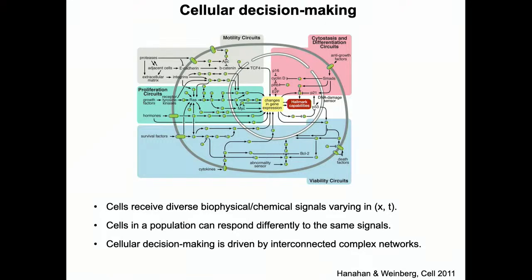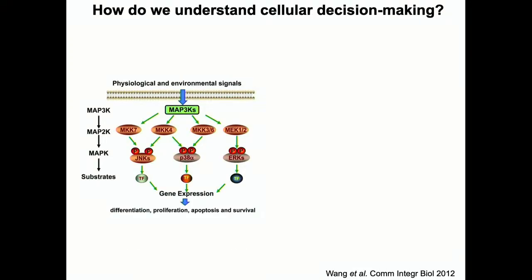So this is an emergent property driven by interconnected complex networks, and we'll talk about some examples today. Many of you who come from a biology background, or who come from a physics background and have started reading more biology and cell biology papers, may have seen a schematic like this, usually towards the end of the paper. This is a great way to summarize what the interpretation of those authors is in terms of the flow of information. They may have done different perturbations which stimulate this set of molecules that triggers a whole cascade, eventually leading to this output.